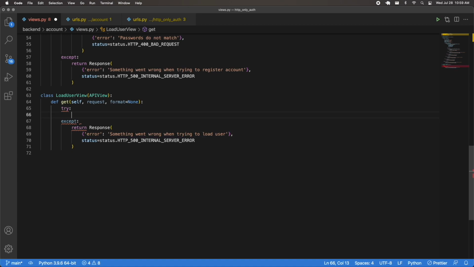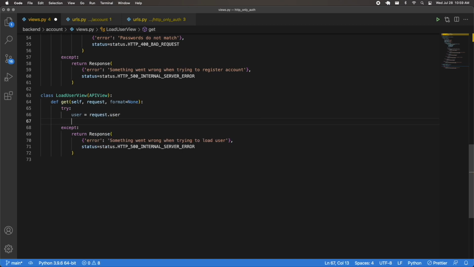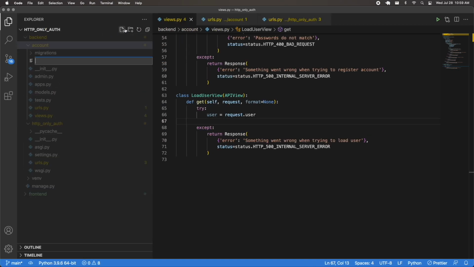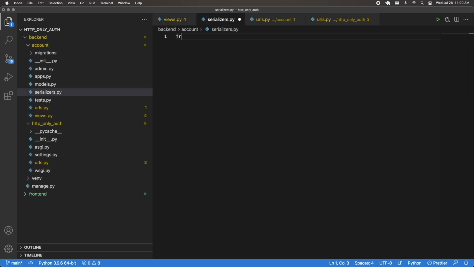Then in the try part, I'm going to retrieve the user. So that's going to be from request.user. And then the next thing I want to do is serialize this data. So to do that, inside of my account, I'm going to create a serializers.py. And then I'm going to do from rest_framework, I'm going to import serializers. I'm going to create my class of UserSerializer, where I pass in